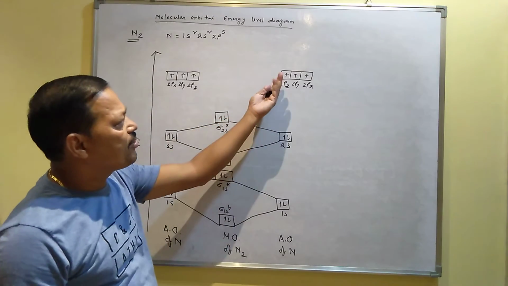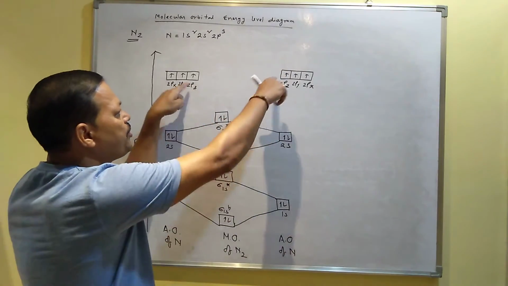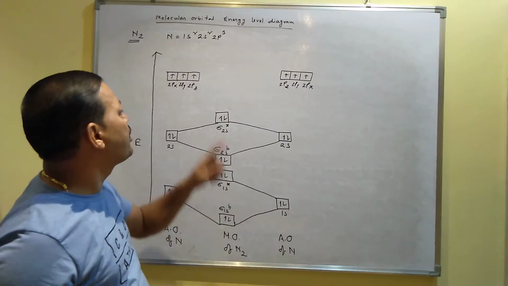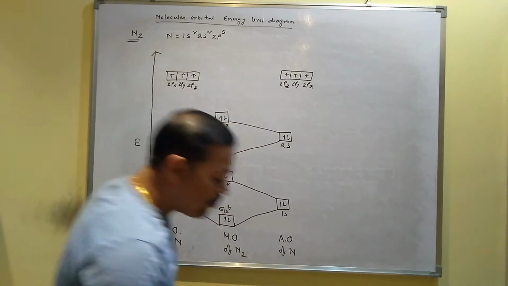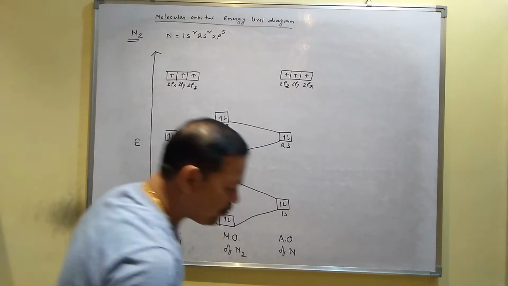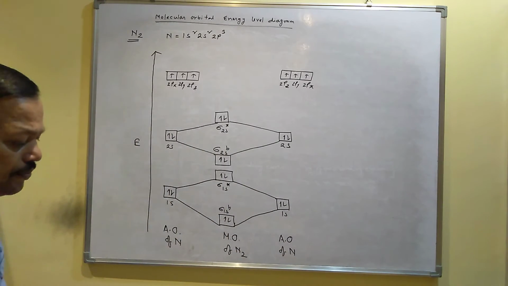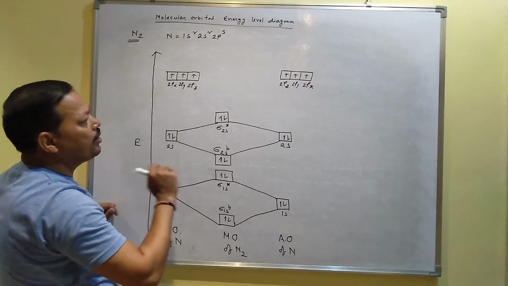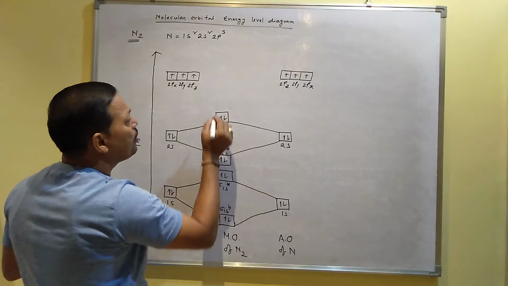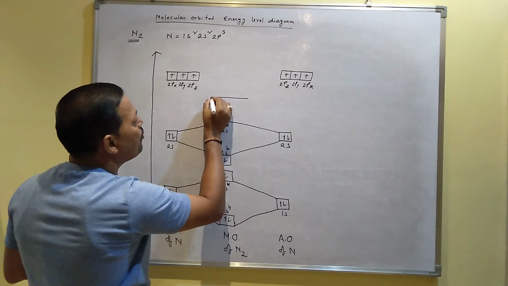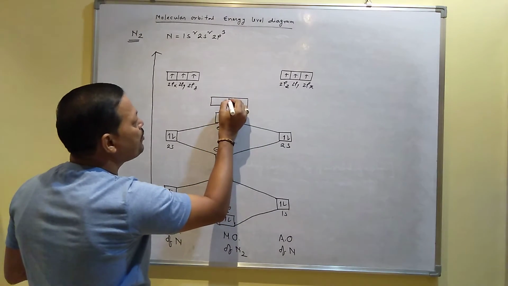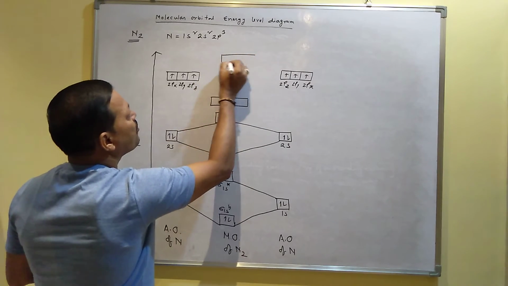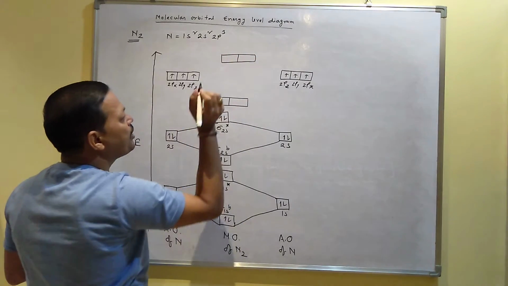The z orbital I have written this side so that you can combine, because you know z and z combine to form sigma, and x and y when they combine they will form pi. So now 2px and 2py, and when these 2px and 2py combine they will form pi molecular orbitals, and they have similar energy like this. That's why I have drawn them together.